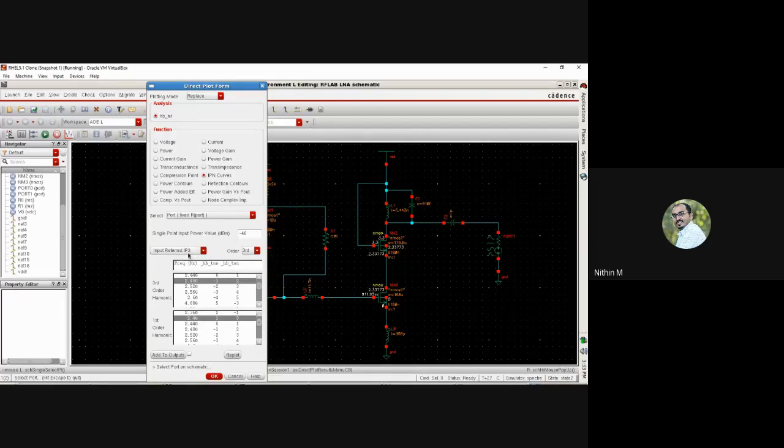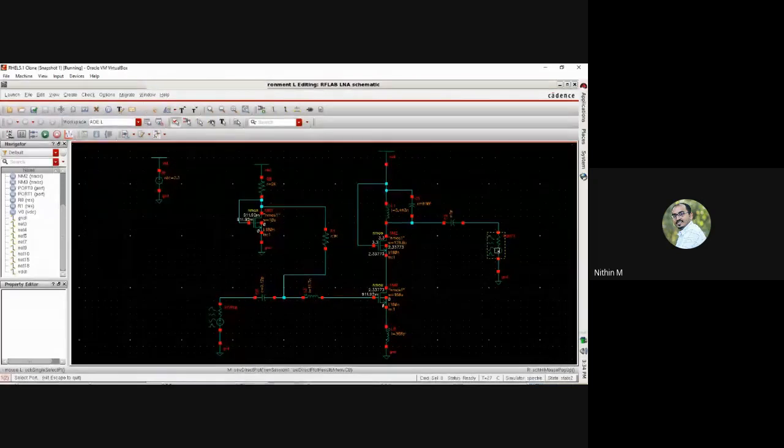So now I am choosing input referred IP3, and here it is given the different order. So which order you want to choose? Definitely mine is third order. So I am taking 3 as the order, and now there are two options. What I need to find is the IP3 value. IP3 value is obtained from the fundamental component and the third order component. So I have the third order term here, which is appearing at 2.48 giga, right? 2.48 giga is the intermodulation term, and the fundamental is appearing at 2.4. So I selected these two, and then I will click on the port to get the plot.